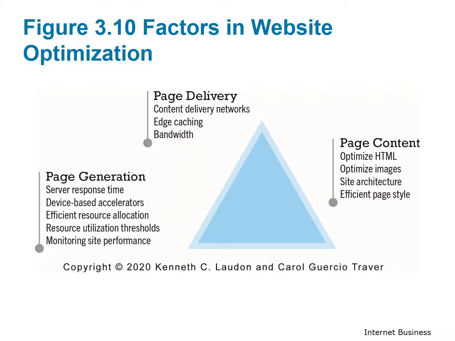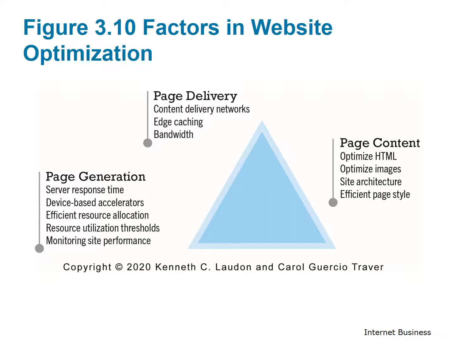Figure 3.10: factors in website optimization. Website optimization requires that you consider 3 factors: page contents, page generation, and page delivery. Full description: the image depicts factors in optimizing website performance. There are 3 factors in website optimization along with the following items